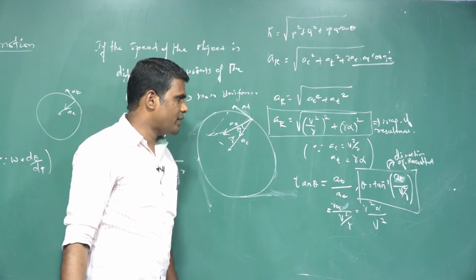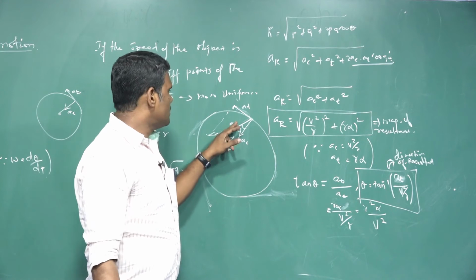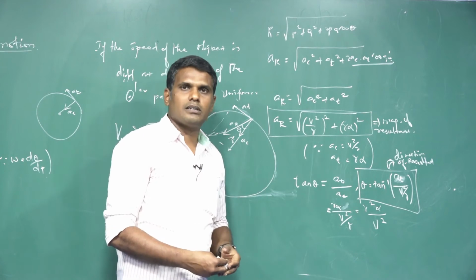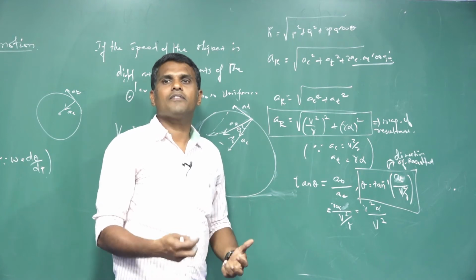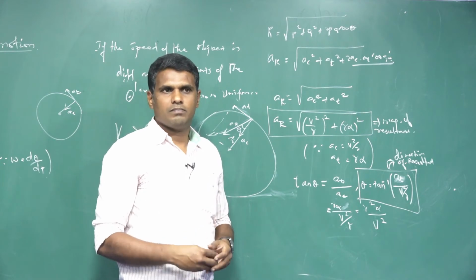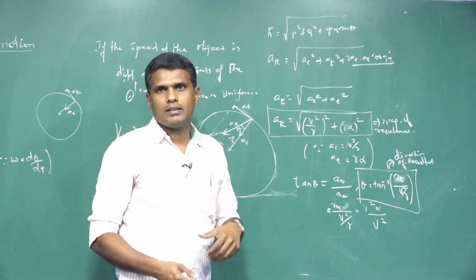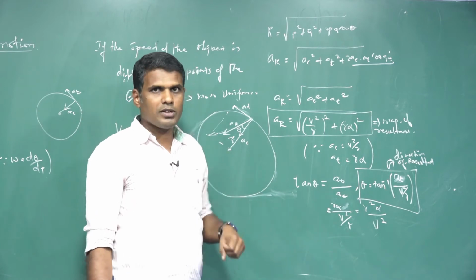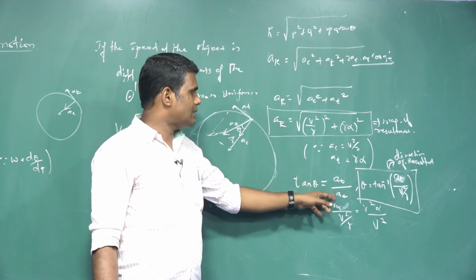Theta equals tan inverse of AT by V square by R gives you the direction of the resultant acceleration. So centripetal acceleration as well as tangential acceleration comes into play when an object describes a non-uniform circular motion. What is that non-uniform circular motion called? If the speed of the object is different at different points on its path, or different velocities at different points of its path, right? So for that non-uniform circular motion, we are calculating the magnitude of the resultant acceleration and direction